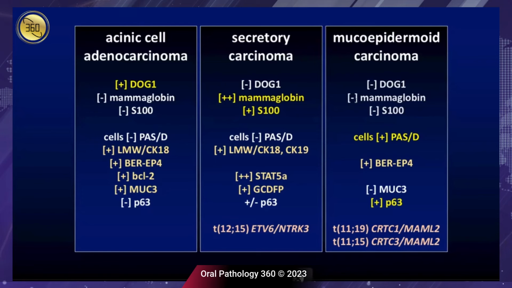So a few immunohistochemical stains like DOG1, S100, and PAS diastase, and interestingly enough, strong overall positivity in most of the cells, will help you tease out a mucoepidermoid carcinoma, as opposed to this combination of P63 and P40 that lends itself more to polymorphous adenocarcinomas. And we're fortunate now to know that there are two genetic tests we can do on these. If we have an NTRK mutation, that will lead us to a secretory carcinoma diagnosis. And if we have the CRTC mutations, those will lead us to a mucoepidermoid carcinoma.